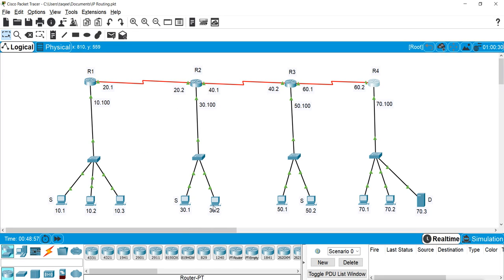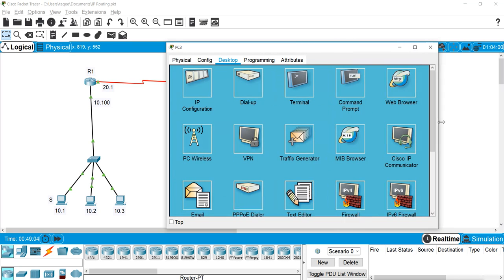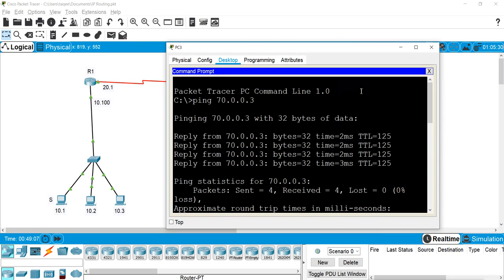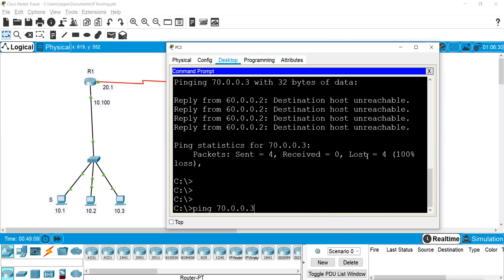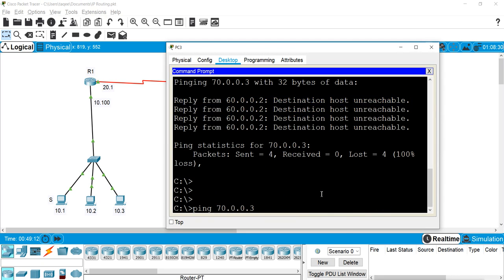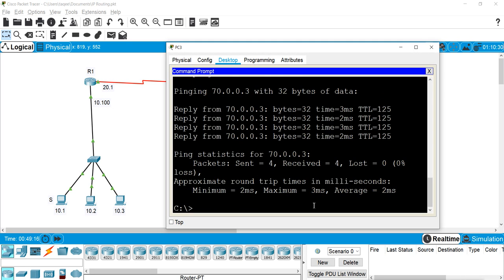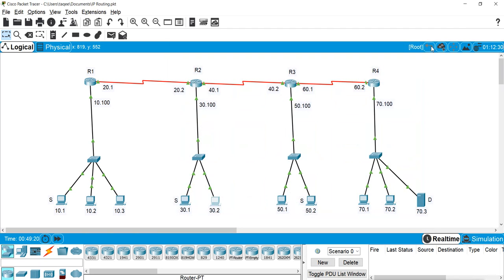So this was denied first, and now I want to allow it, and I have removed the entry for that. When I check it on the command prompt, previously it was saying destination host unreachable. Now when I try to ping, I start getting the reply. So now my first requirement is done. I have permitted this 30.2 host. Now I have to deny 30.1.